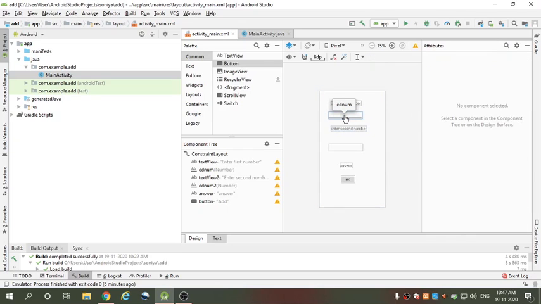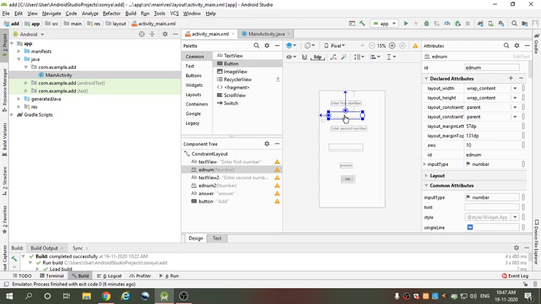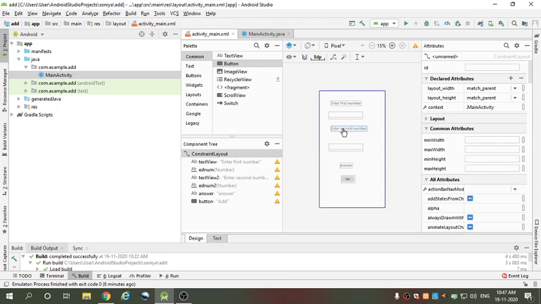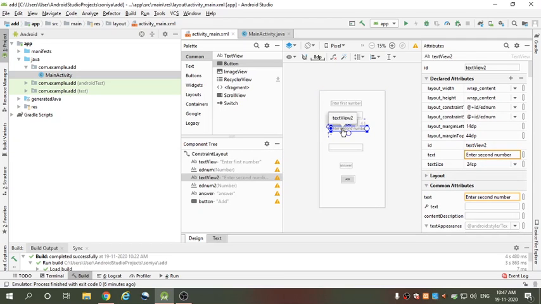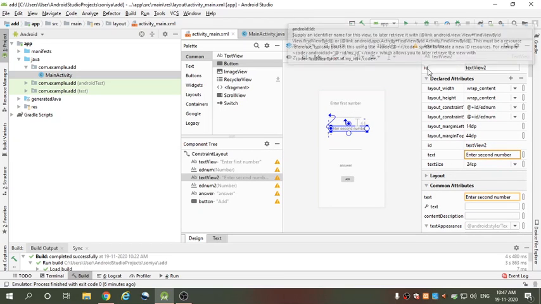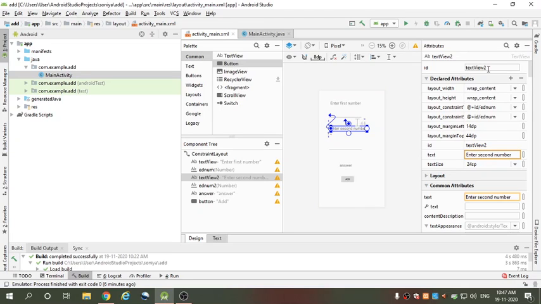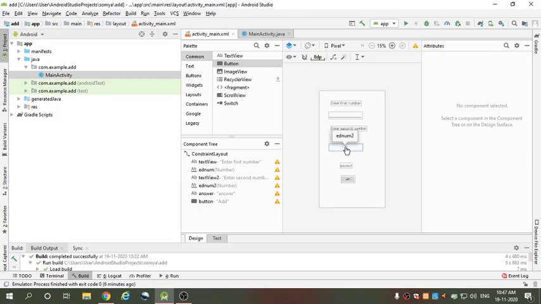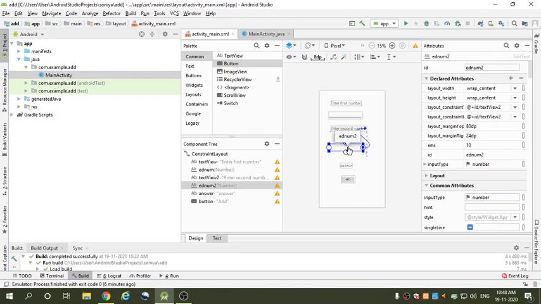Then next I take one edit text, and the ID is edNum. Again I take a second text view, the ID is textView2, and the text is "Enter the second number". Next I take one edit text, and the ID is edNum2.